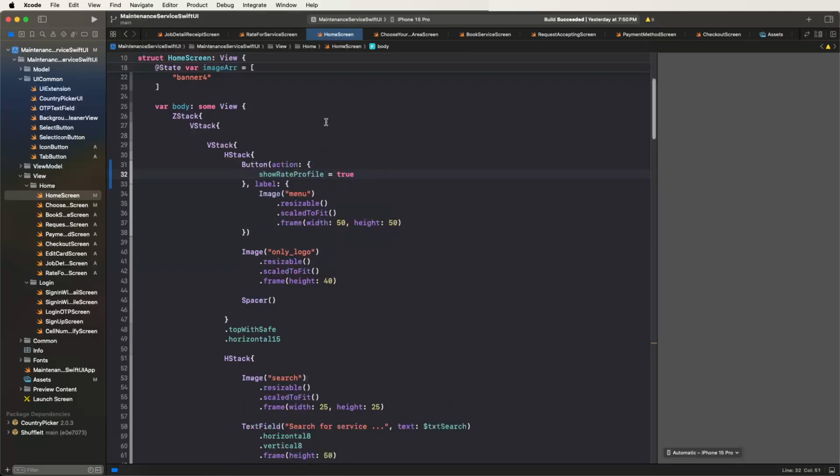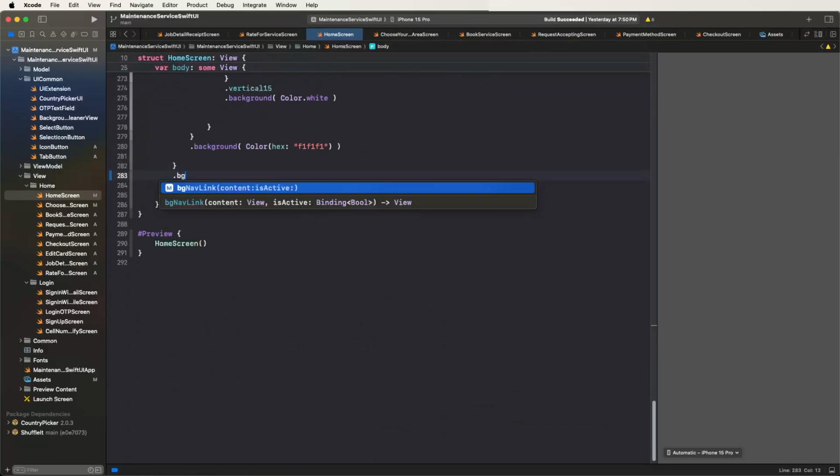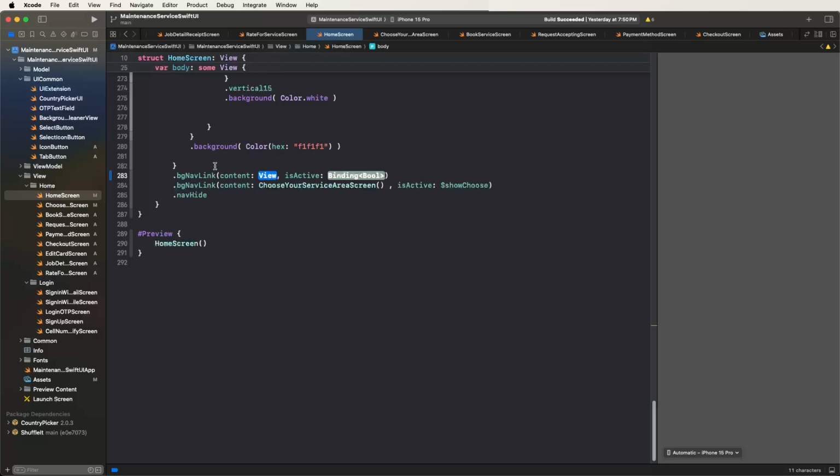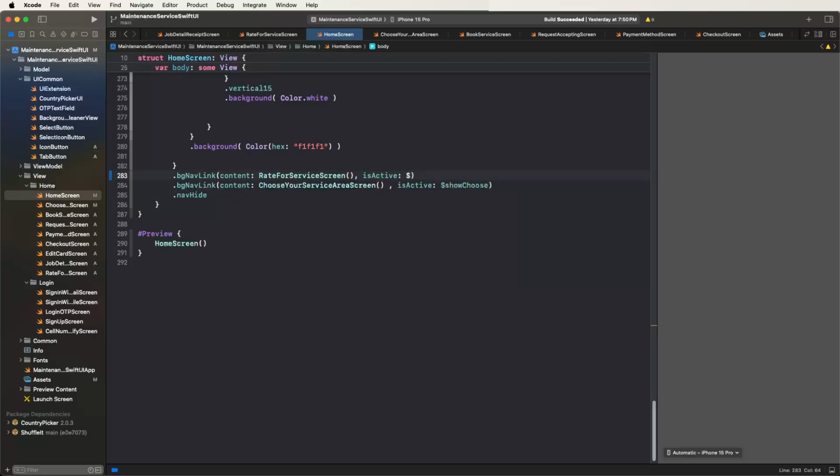This is the temporary configuration for the UI, looking like this, showing BG news, and to set the contents red for the service screen, and also configure like this the rate of service. Now we need to run inside the simulator and check the image position,